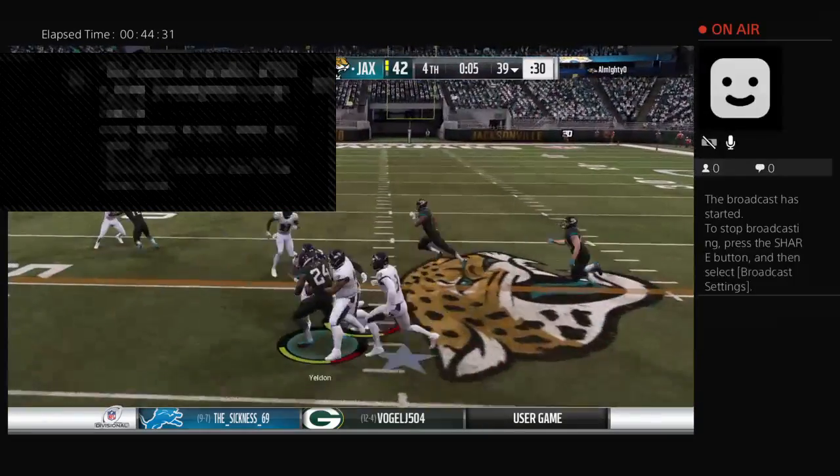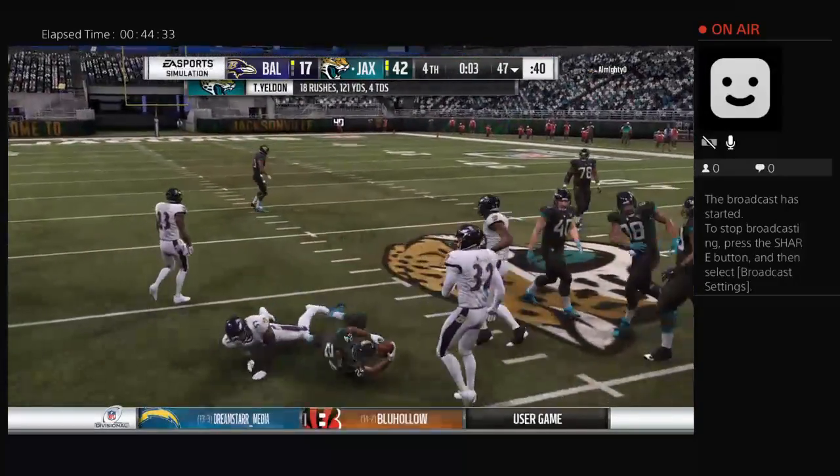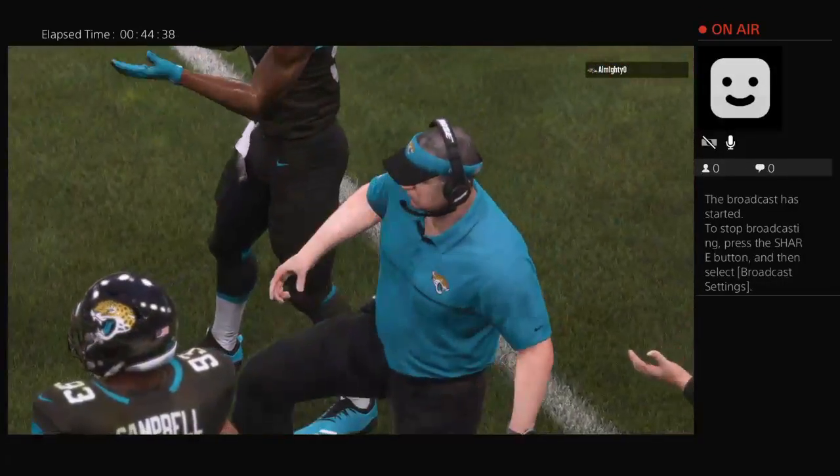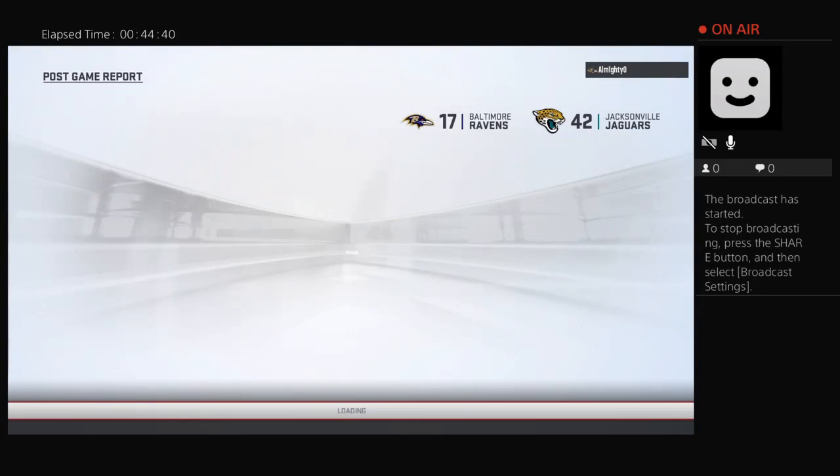After the penalty, it's Yeldon. And he'll go down right around the 47 this time. Give him 9 on the carry, but it's not enough, and it'll be 4th down. And that looked like some pretty easy